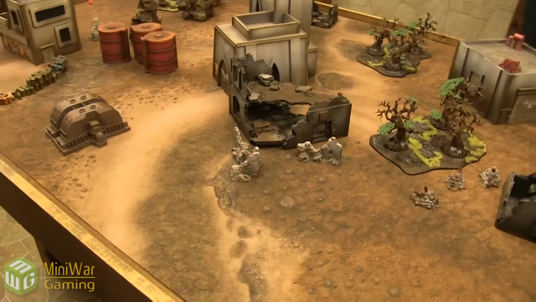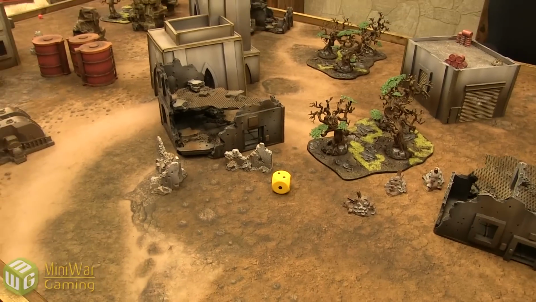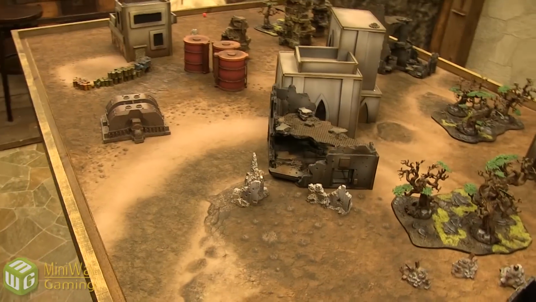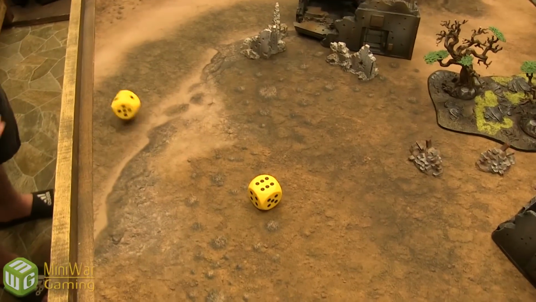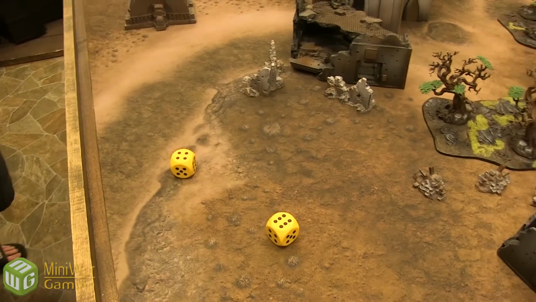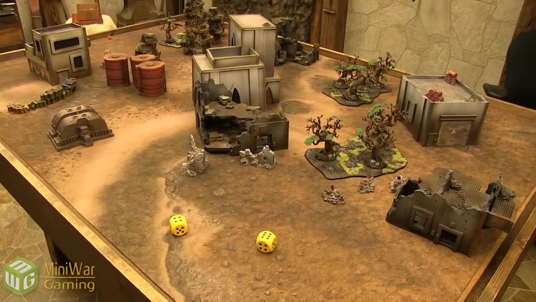Now we're going to roll off to see which deployment we're going to be doing, and it's going to be a 2, so I believe that's Dawn of War. So with the Dawn of War deployment, now Joel and I get to roll off to see who gets to pick their deployment zone. I rolled a 6 and a 4, so I get to pick my side, and I'm going to choose